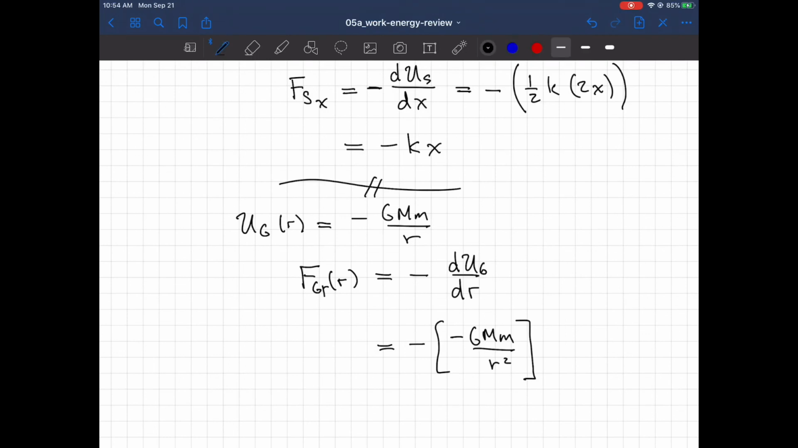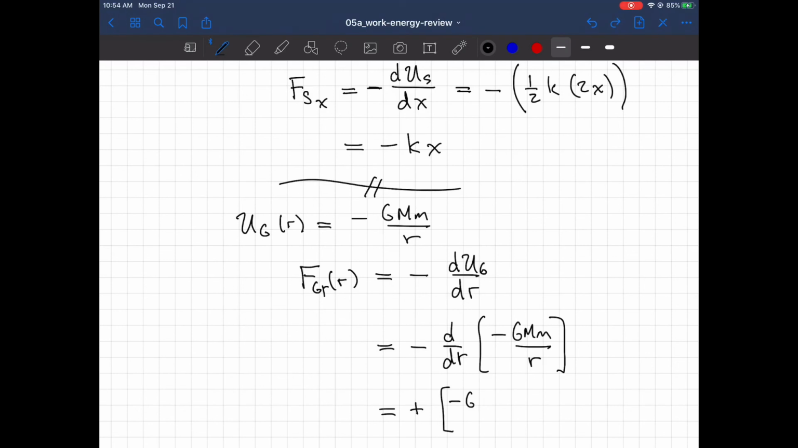So the derivative, we've got to write this a little bit more carefully. So it's the derivative of minus GMm over r. Those minuses cancel, but we get back another minus from the derivative. So we get minus GMm over r squared. So the r component of the force of gravity is negative GMm over r squared, meaning that the force is attractive, which we know from the force